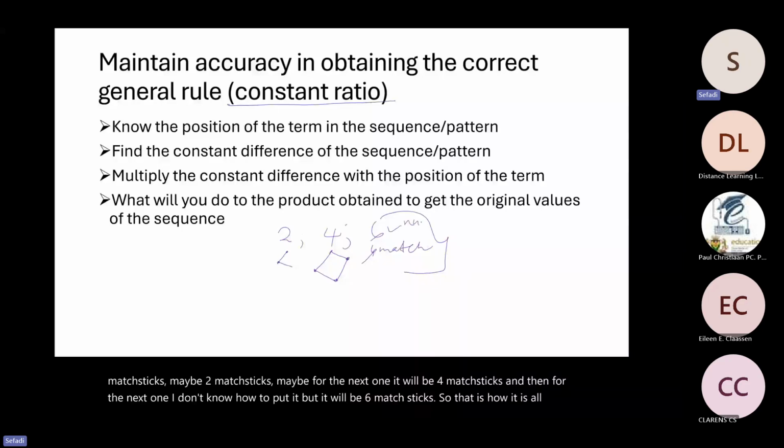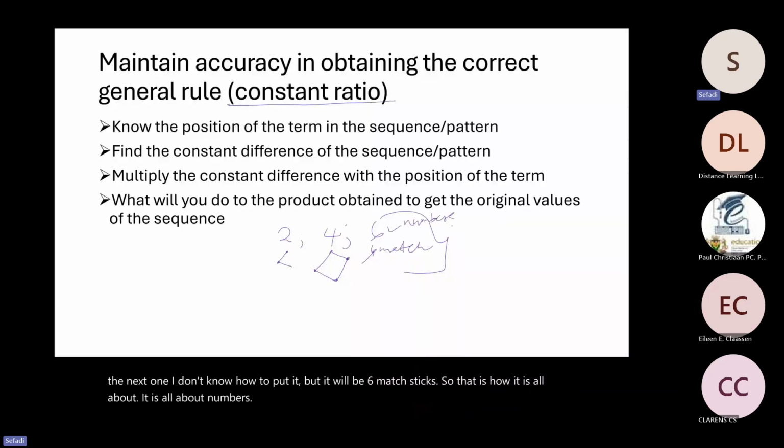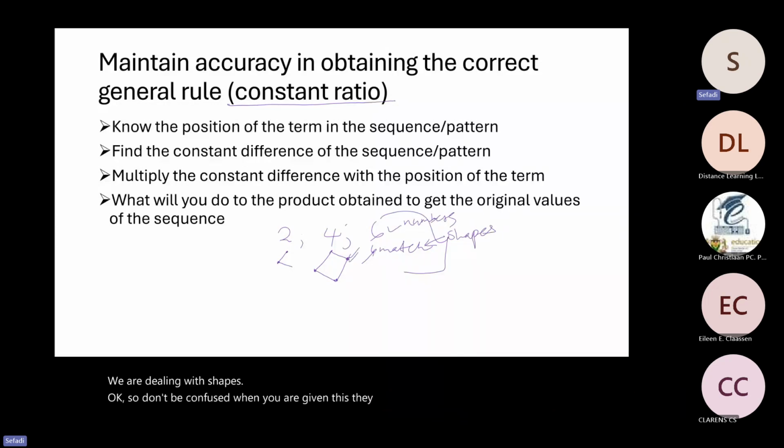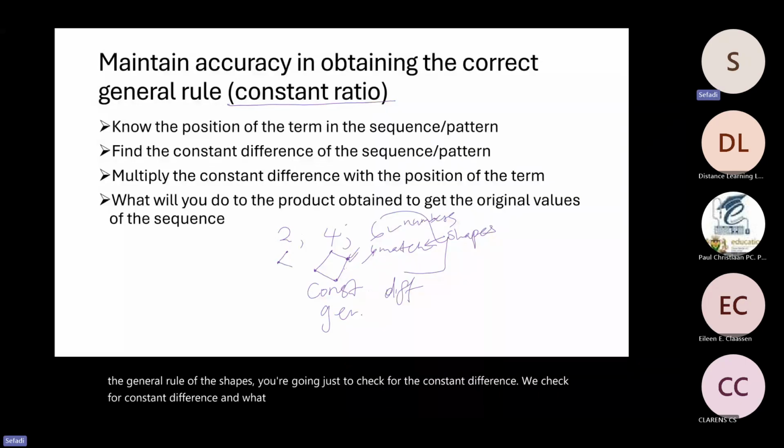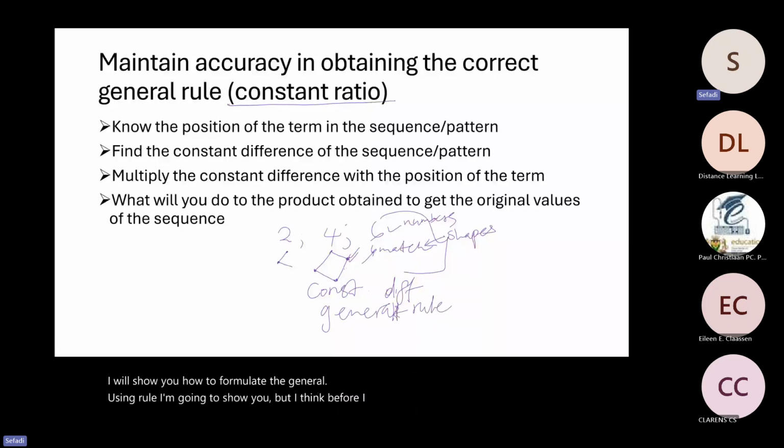It's all about numbers, but here we are dealing with shapes. Okay, so don't be confused when you are given the shapes, and then they say to you, find the general rule of the shapes. You are going just to check for the constant difference. You check for constant difference, and what else? And you formulate your general rule. I will show you how to formulate the general rules. I'm going to show you, but before I can show you, I have summarized here